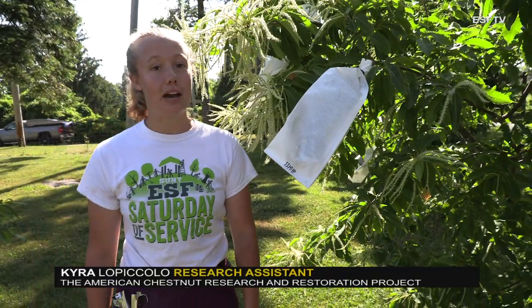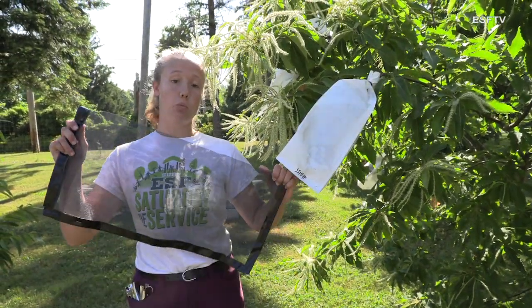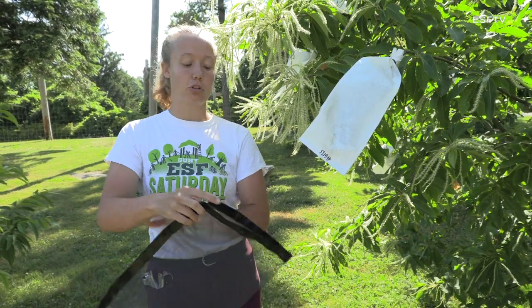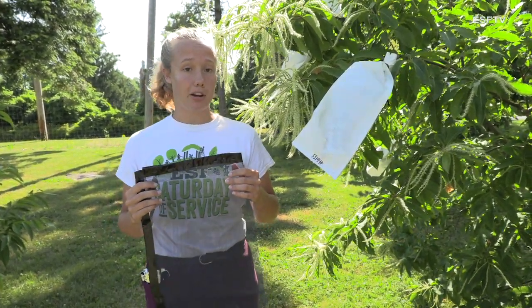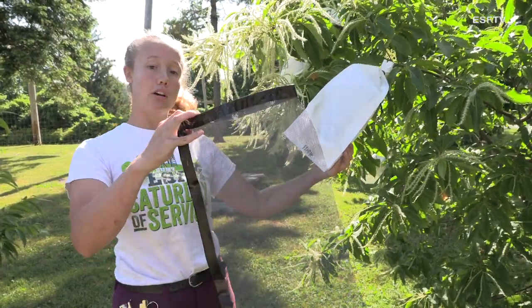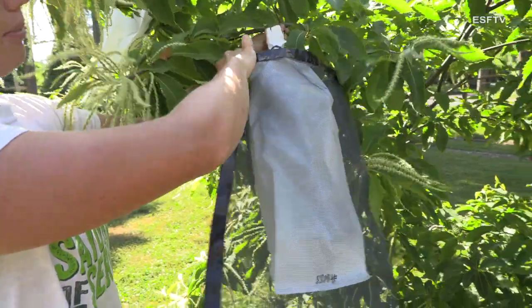Now I'm going to be showing you how to do the screen bagging part of our pollination process. To do this, we use a wire mesh bag that we fold over and tape the edges so we don't cut ourselves. And then we use a stapler to close the seam of the bag around the branch. We use this to protect from predators such as squirrels that might want to eat our nuts that we've worked so hard to pollinate. To do this, we take our screen bag, we put it over the entire pollination bag,